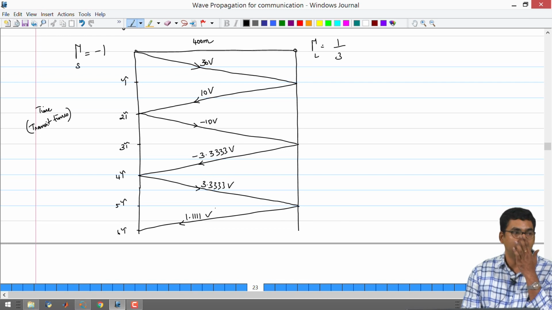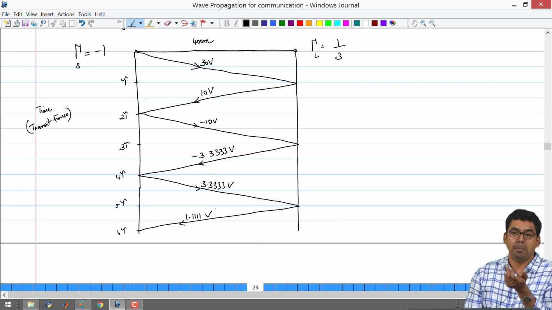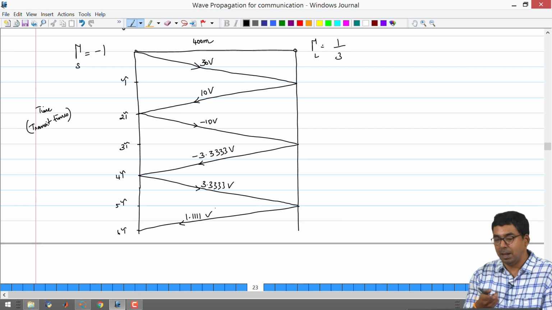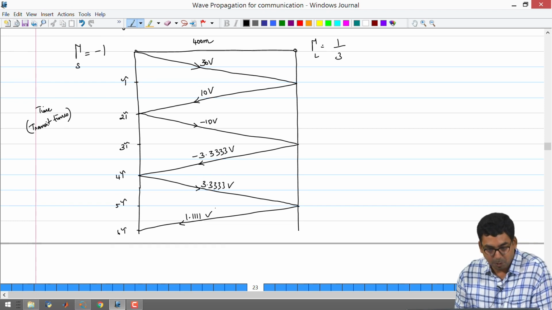1.1111. This is what is known as a bounce diagram, right? So you could be given, say, a set of parameters for the transmission line, like a circuit has been drawn here, and you could be asked to draw the bounce diagram. So you will have to find out the reflection coefficient at the source, the reflection coefficient at the end. You will have to find out the transit time, all right, and then you will have to construct this diagram, right.